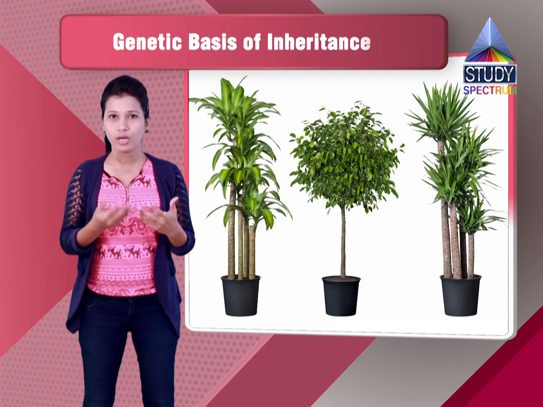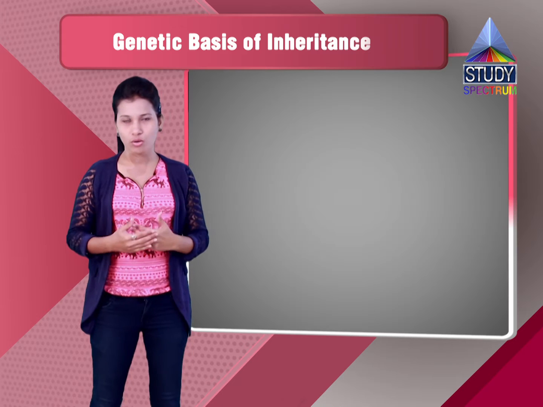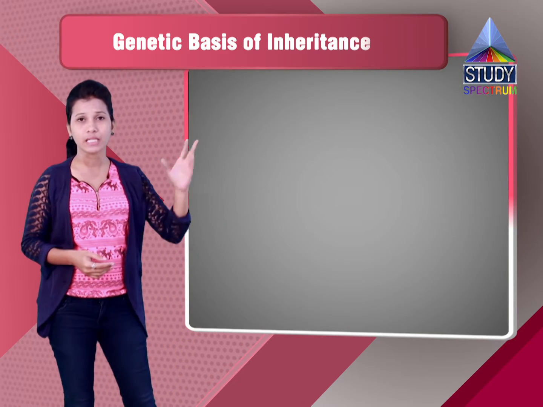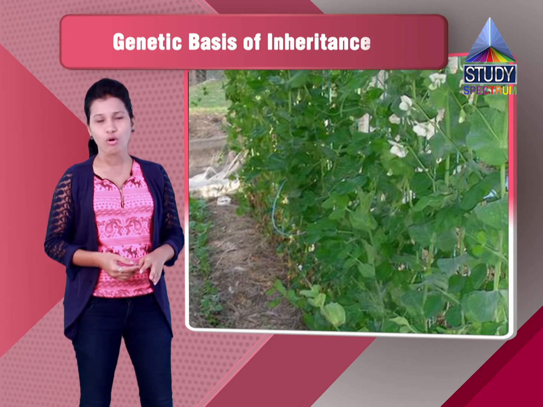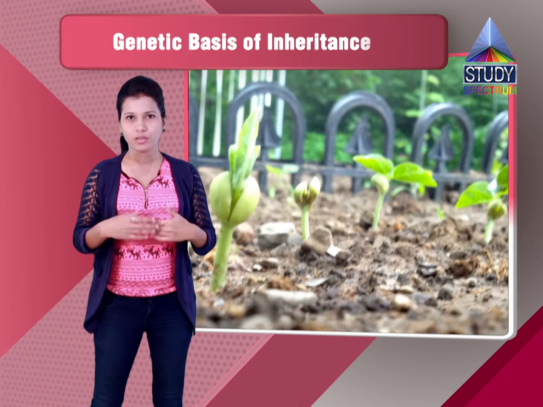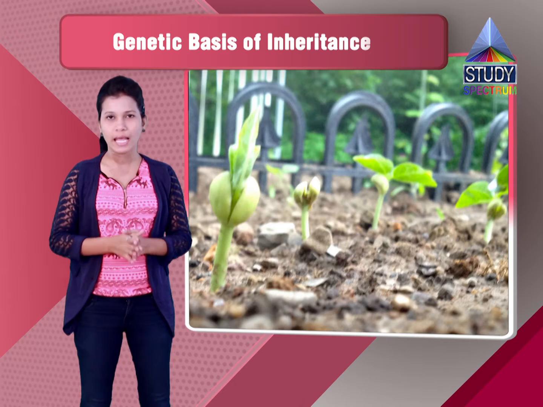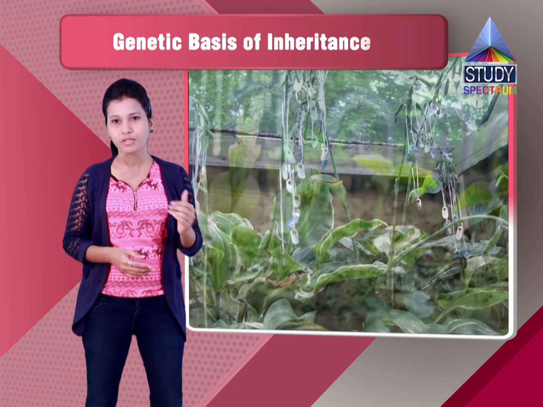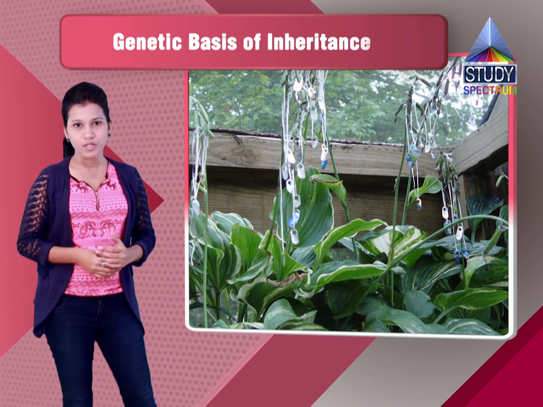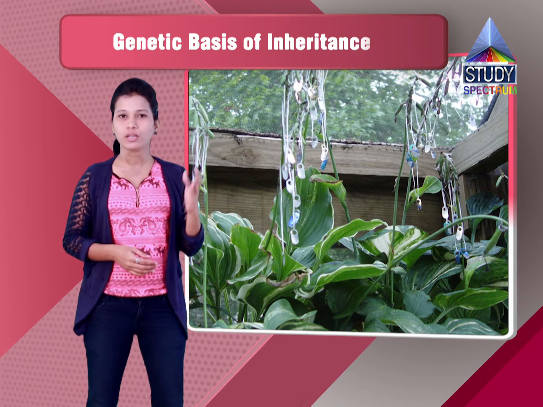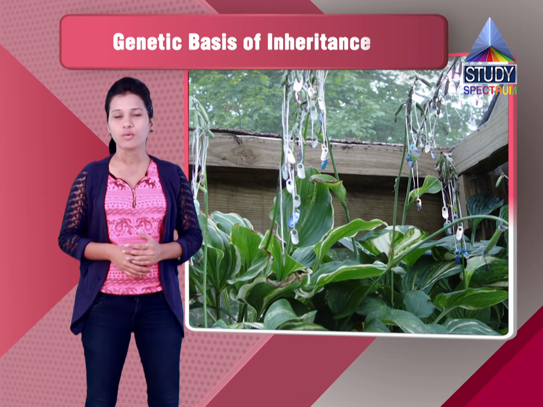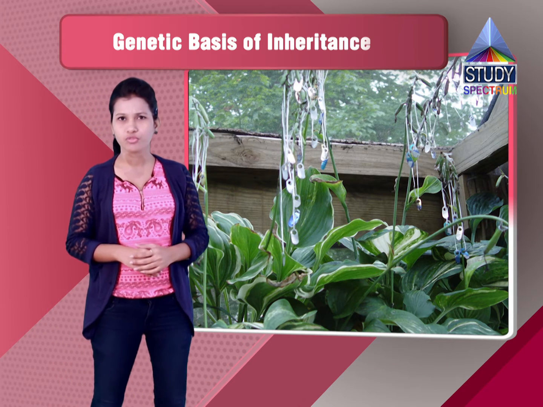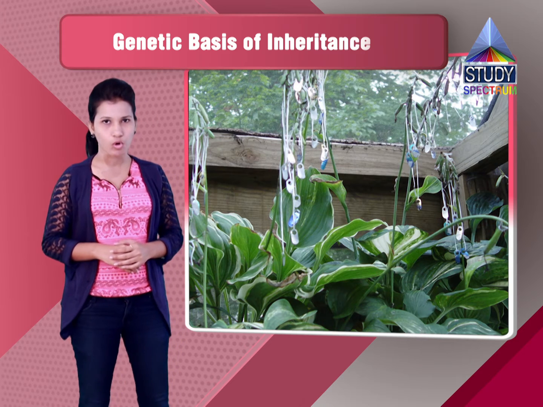So once you cross the plants which you get in the F1 generation with any of the parent, either it is a tall one or the pure dwarf one, then the product that you get will be tested, and here you will get 50% pure tall and 50% hybrid tall. Now this happens because, as we know, the F1 generation will be producing two different types of gametes, that will be capital T and small t.